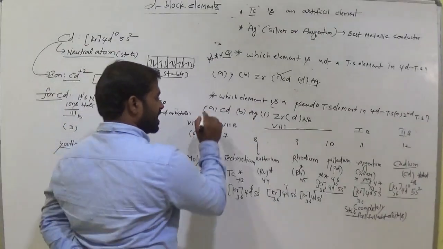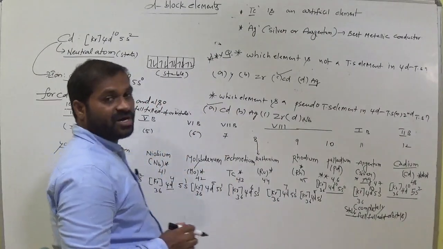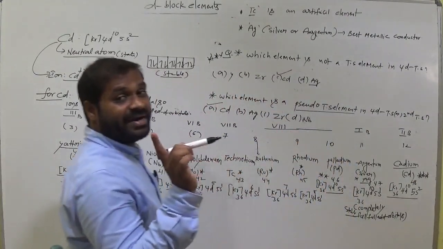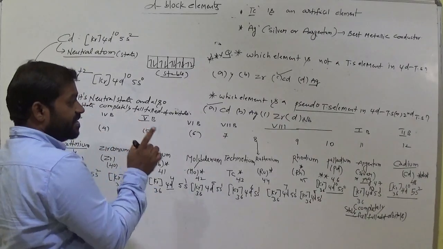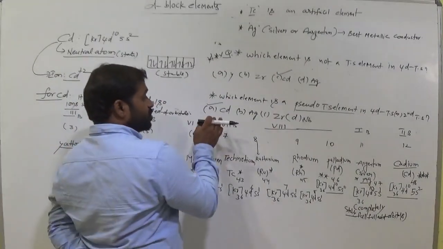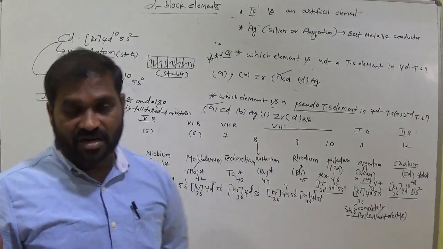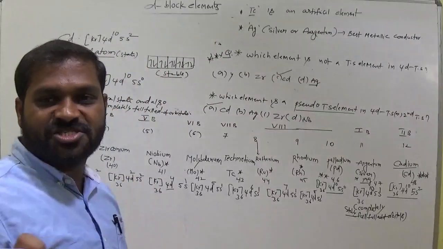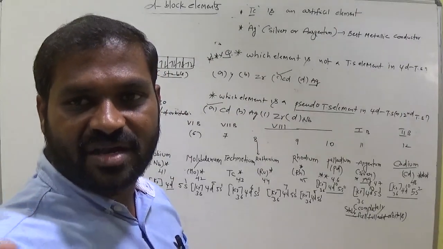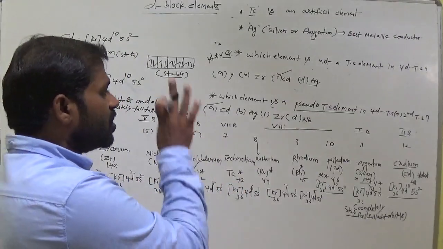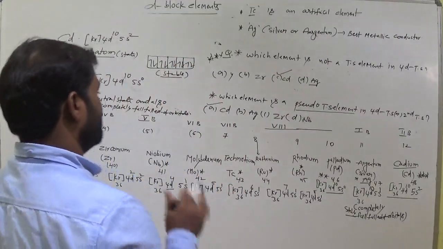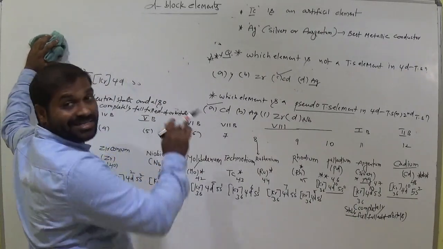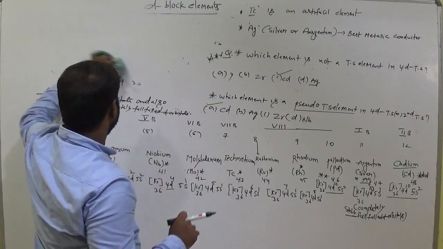Which one is it? Option A. Cadmium is not a transition element, but it is a pseudo transition element. Not a transition element or pseudo transition element, both are correct. Cadmium just acts as a d block element, and we also call it a pseudo transition element. We already discussed this, very important. Did you get this reason?